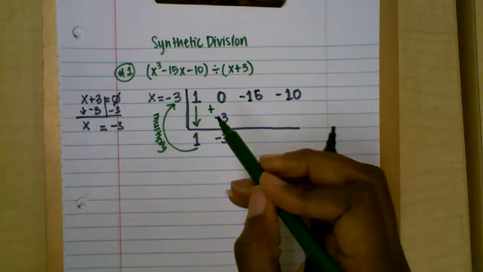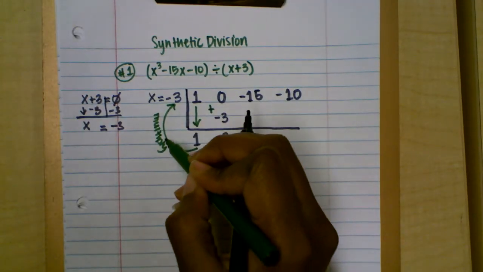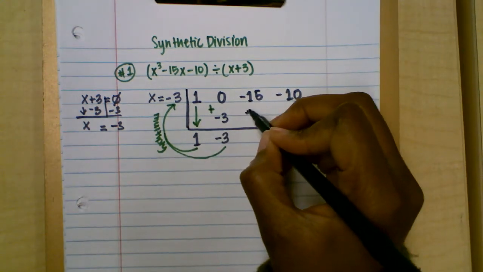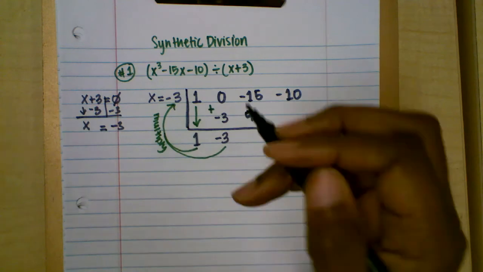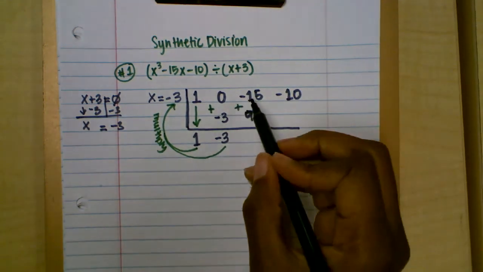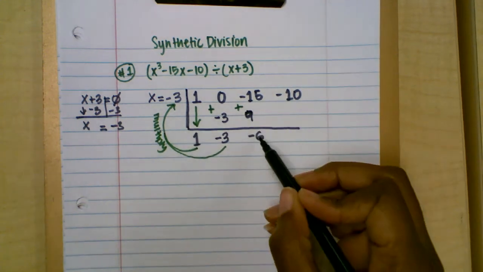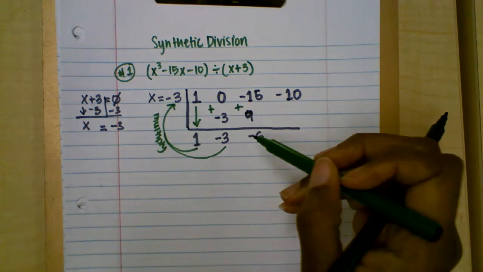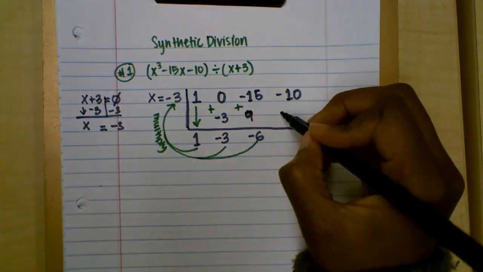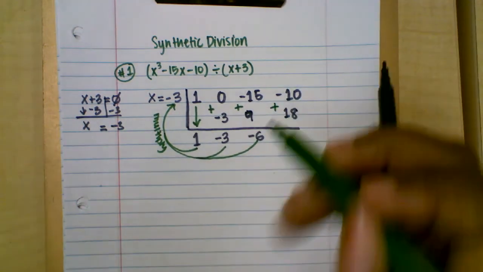Then take this number, the next coefficient, and multiply it by negative 3, which gives positive 9. Then you add: negative 15 plus 9 is negative 6. Then take negative 6 and multiply by negative 3, which is positive 18. Then you add it, and you end up with